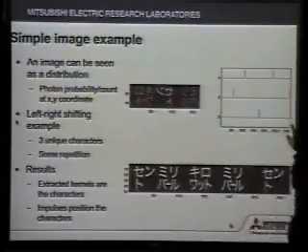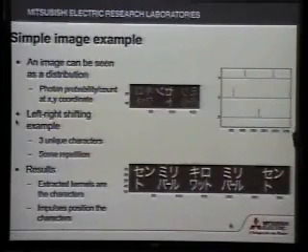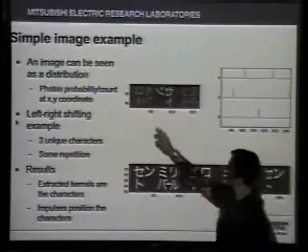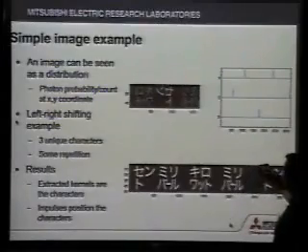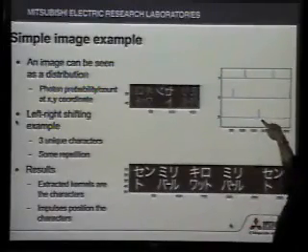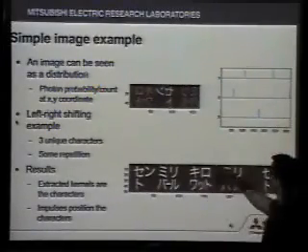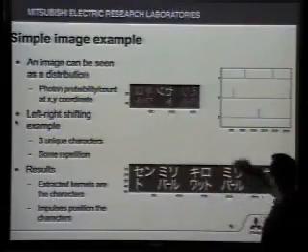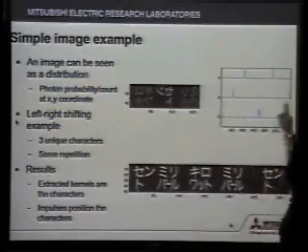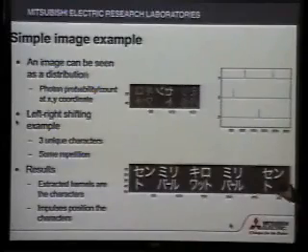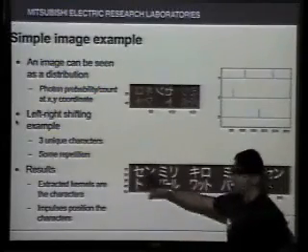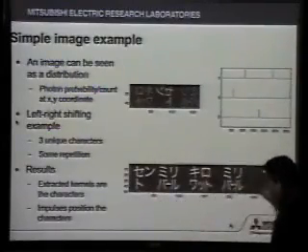And then we're going to get the impulse distributions, which are going to tell us how those things are positioned. So if we take this character over here, it only gets a spike in the middle because it only appears here. If we take this character, it has a spike at the beginning because it's the first one, and then one at the end because it's also the last one. So now we've modeled a fairly complex distribution, if you like, and managed to deal with shifting left and right.